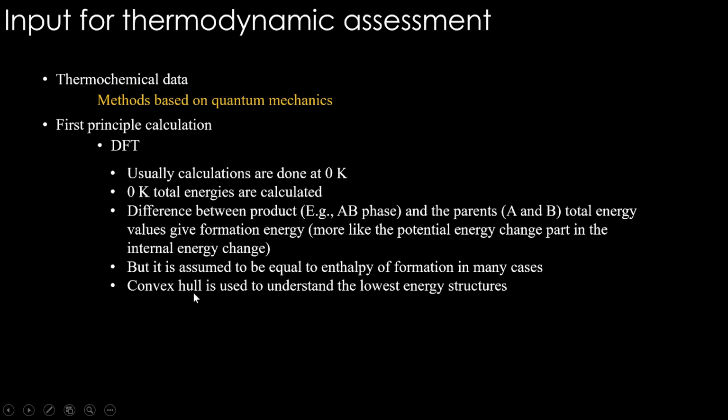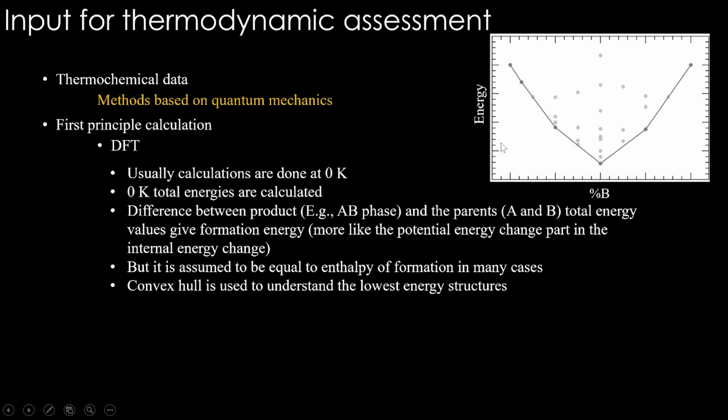And there is something called convex hull construction that is used to understand the lowest energy structures. It looks like this. You see the energy is here and the composition is on the x-axis. And you can see some kind of a lowest energy hull is drawn. This is the convex hull, and this gives you for different compositions what kind of minimum energies we get. And you can see for one composition there are multiple dots and the one here has the lowest energy. What are these different dots? This may be for the same composition. If you treat it in a different crystal structure, you get minimum energy in only one crystal structure, and that's going to be the stable structure in nature.